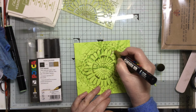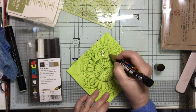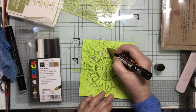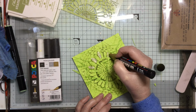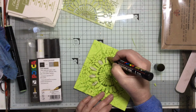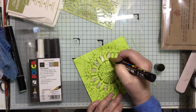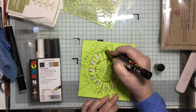So what I want to do is I just want to take this out of here, and I just want to colour. I'm going to do every other one, I think. And I'm just colouring it in to just give a little bit of something different. It's quite interesting because these bits of mandala aren't all exactly the same. I've just noticed. So I'm just going around like this, doing it quite quickly. But just by doing every other one,